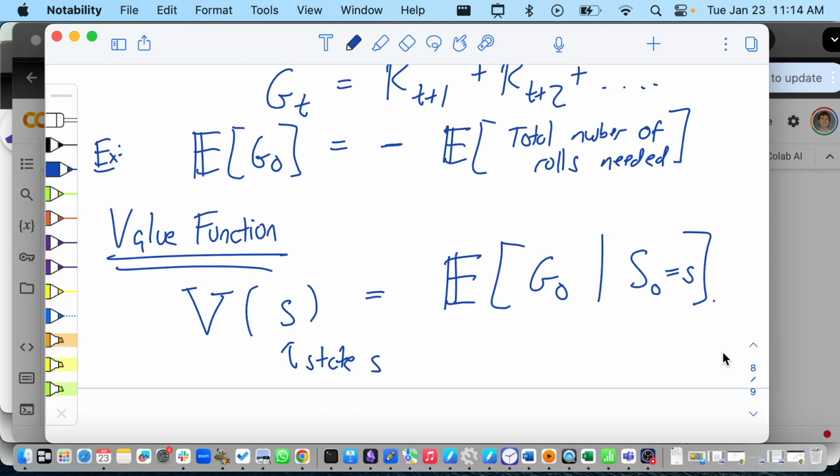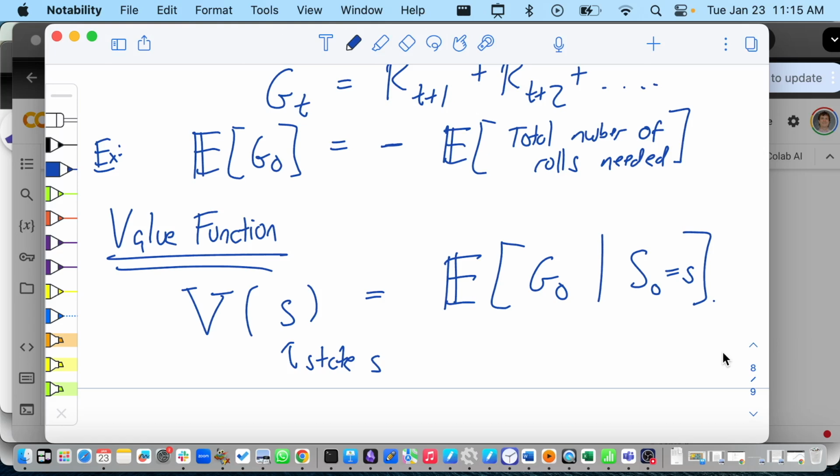So, for example, in a game of chess, if you get a 1 if you're going to win the game eventually, and a -1 if you lose the game eventually, the value function will tell you which positions are good and which ones are bad. The positions that are good have a high value function. The positions that are bad have a low value function. So if you want to figure out what move to make next, just make the move that maximizes your value function. Get yourself to the place that has the highest chance of winning.